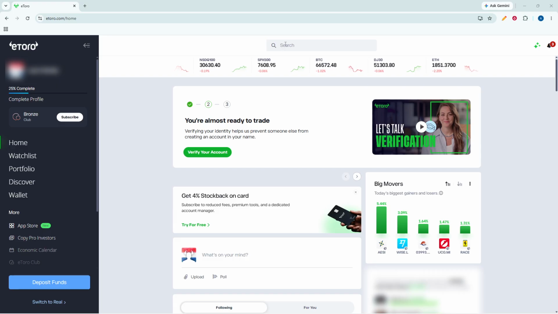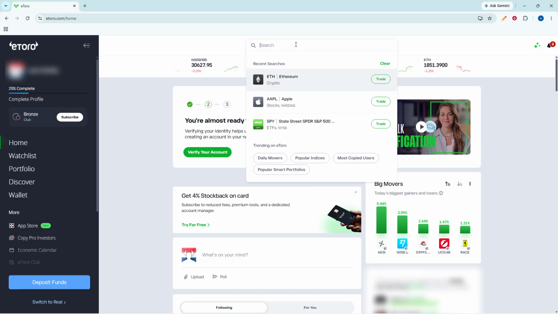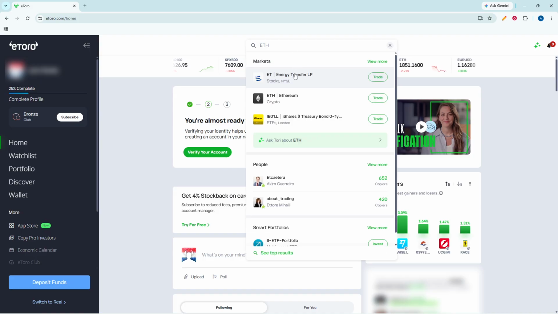Next, use the search bar to look for a cryptocurrency that is eligible for staking. A common example is ETH, which is Ethereum. Typing the name or ticker symbol into the search bar is usually the fastest way to find it. Keep in mind that not every cryptocurrency on the platform may qualify for staking, so it's important to choose one